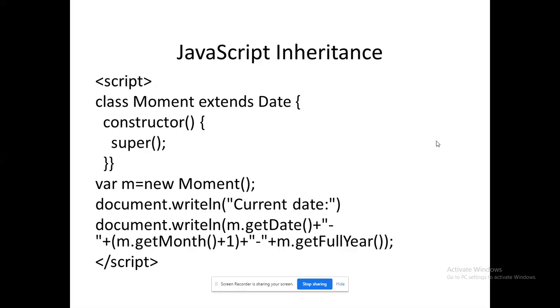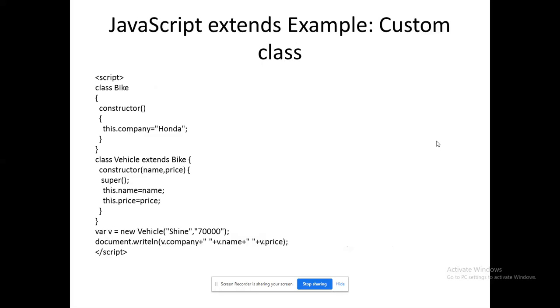So again, I'm going to display my date along with the month incremented by 1 and the full year. A simple inheritance which talks about the contents of the built-in class Date, right? Here I have not followed anything user defined, completely built-in predefined functions only I have used here, right? So we are able to use inheritance in JavaScript even for a predefined class. What about a user defined class?